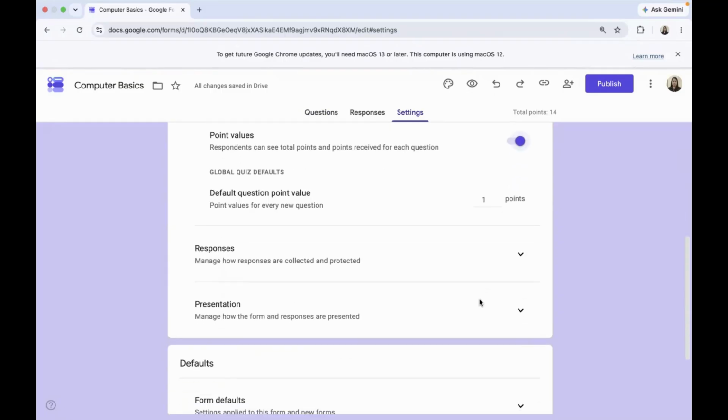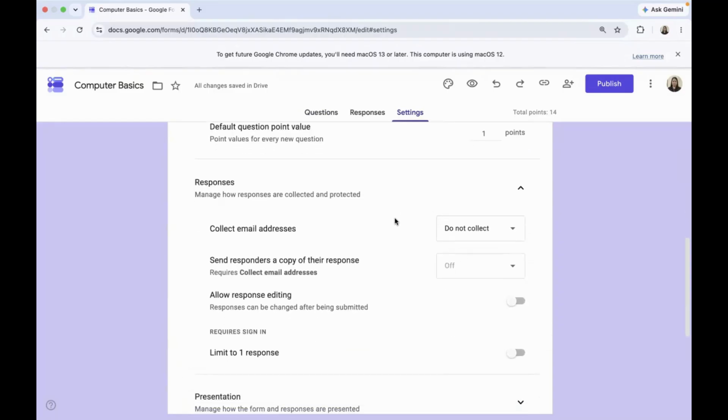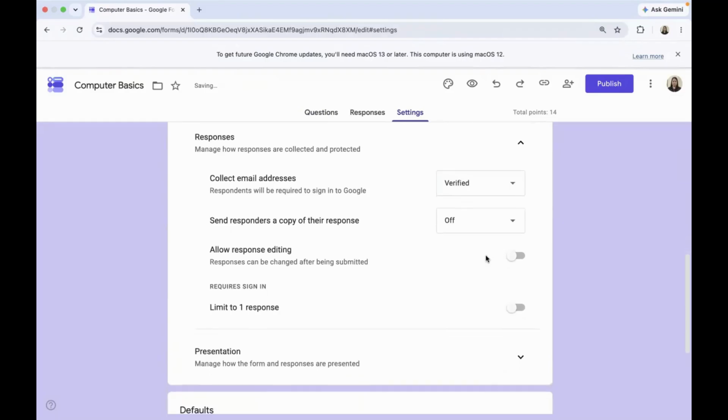So as to the responses, you can adjust also the settings here. So if you want to collect the email, whether it is verified or it's just a responder input, to me, if I have to collect the email, it should be verified. And if you want the responder to be aware of the copy of the response in the form, you can just set this into either when requested or always.